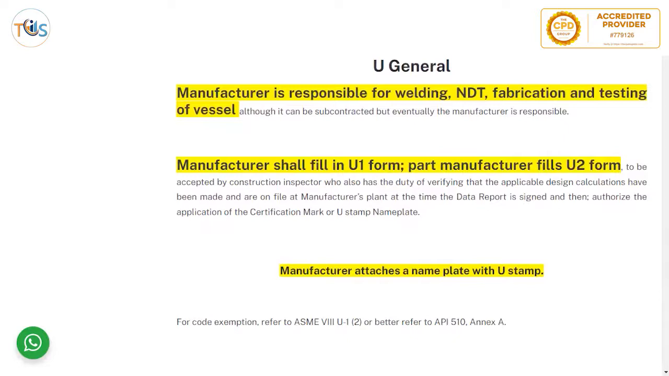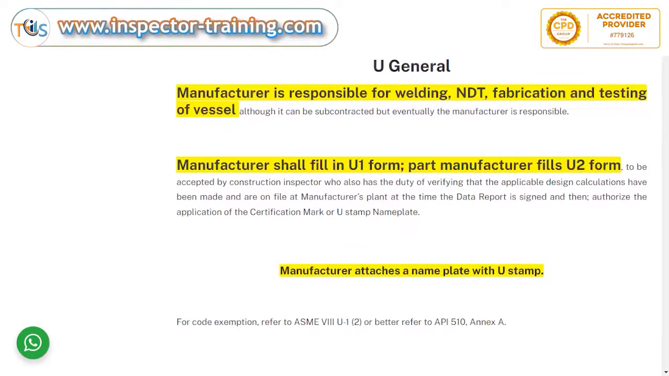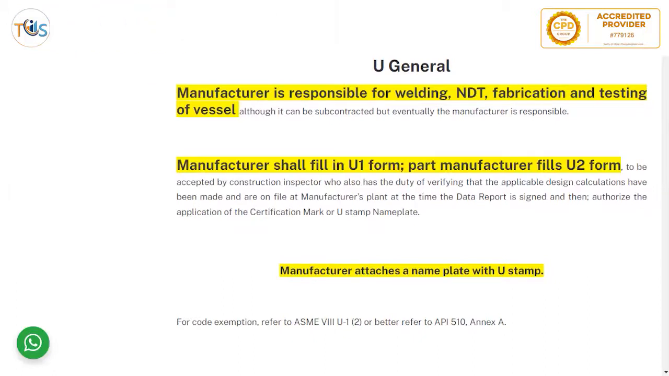Manufacturer fills in the U1 form prior to preparing the U stamp nameplate. Part manufacturer fills the U2 form. These are in ASME Section 8. These forms, templates, are to be accepted by the construction inspector. Here, construction inspector means the ASME authorized inspector, not the API inspector, who